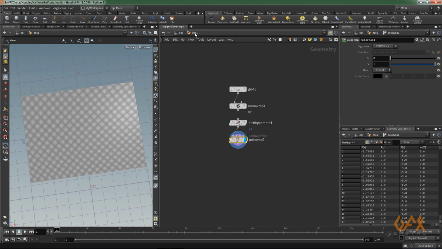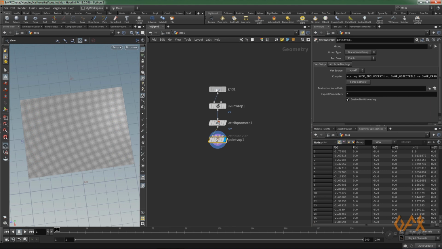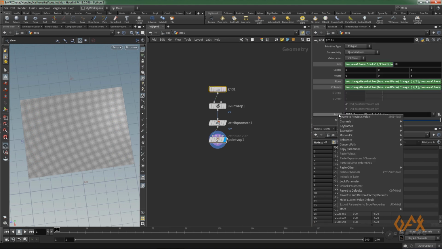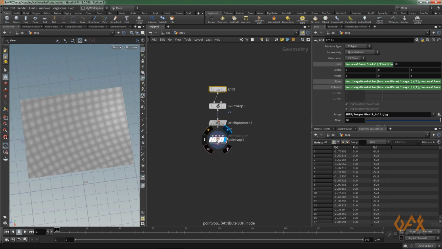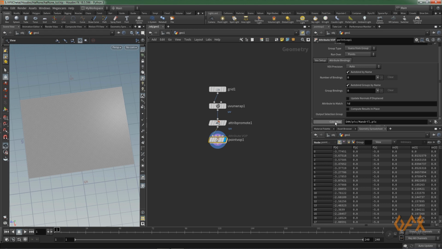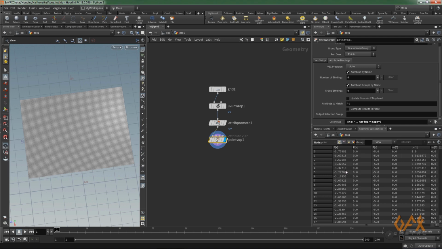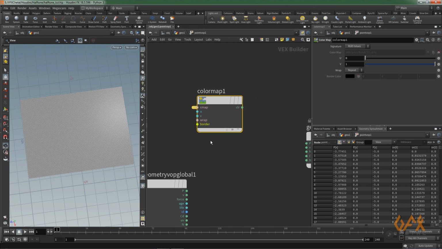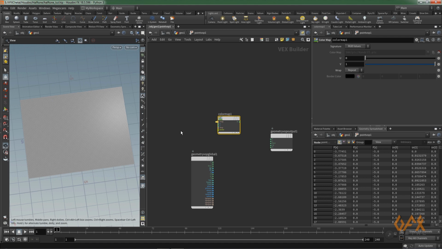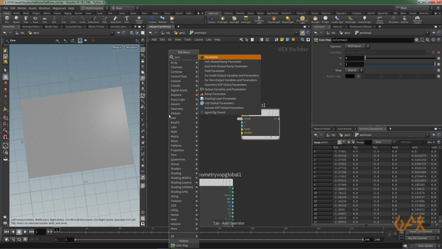Now again go to geometry mode, and over here I right click, copy parameter, I come over here, and in the attribute binding I get this color map, I right click and paste relative reference. So whatever I change over here, it takes the same value over here. Okay, I double click over here. Now I need UV information of this content, so input. For that over here I create one parameter.